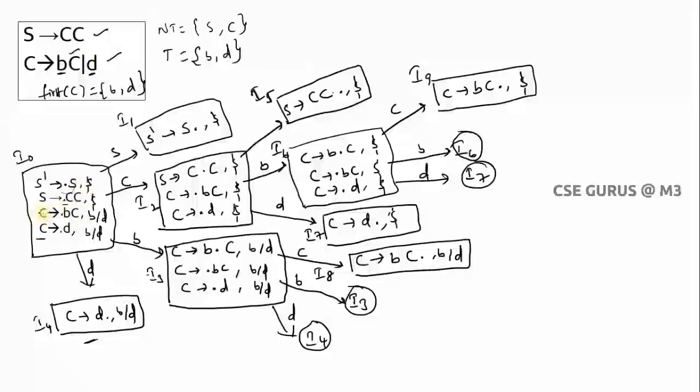So here we have done it. C is there. Is there any dot C? Here you have dot C. After dot C, what is the symbol? C. So I am finding first of C. So like this, you have to find it. So this is how to construct the LR(1) items, where LR(1) items consist of productions as well as lookaheads, whereas LR(0) items consist only of productions. So like this, you have to construct items.